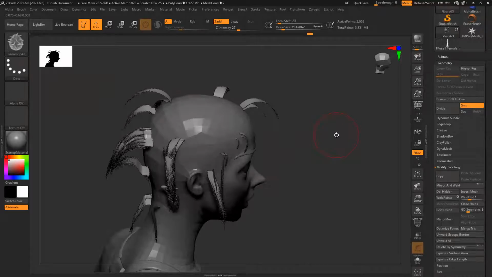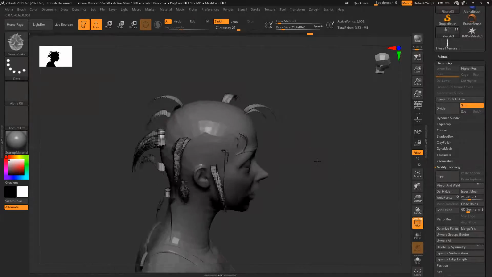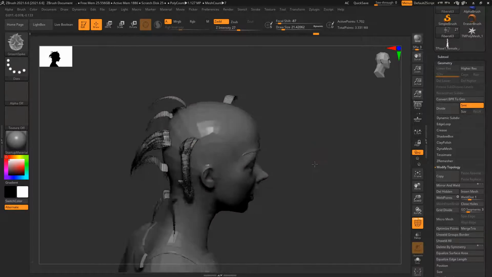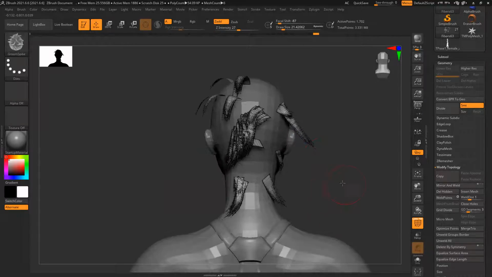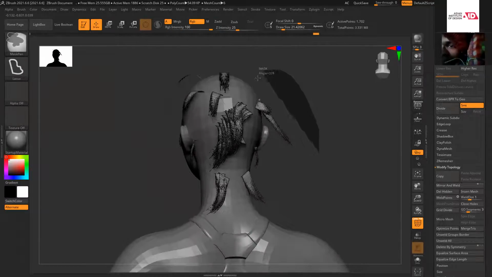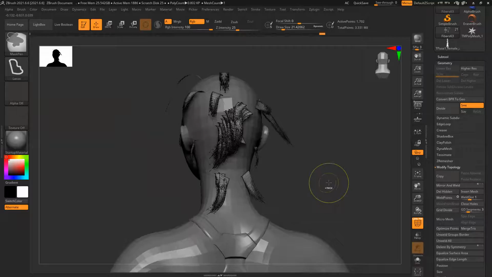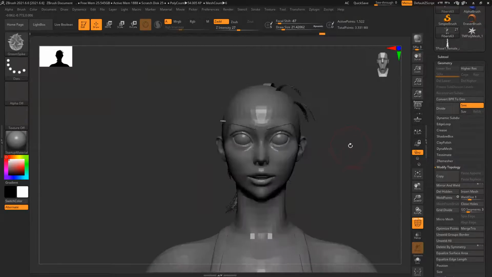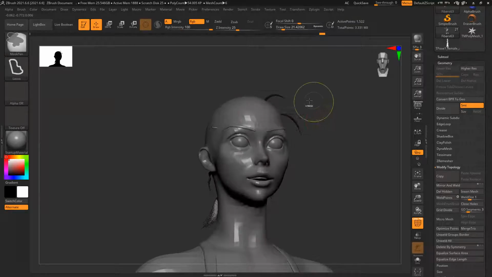Control W. I can press Shift F and now if I click, see, I can hide it. It will become easy for me to control. To hide, you Control Shift, click on the geometry. Control mask, Control W, Control Shift, click, hide it.